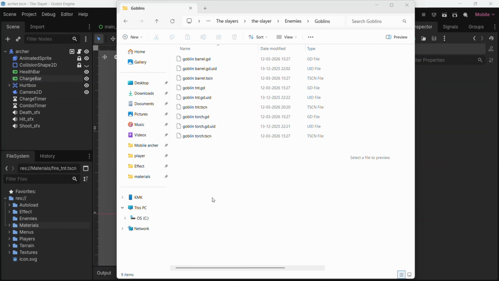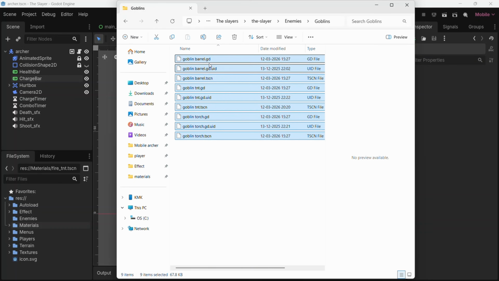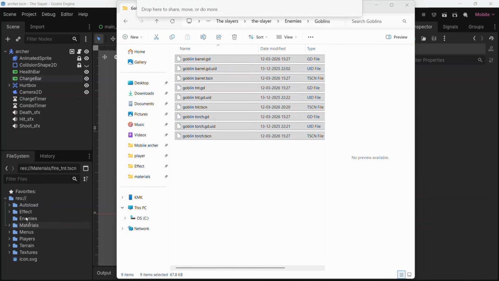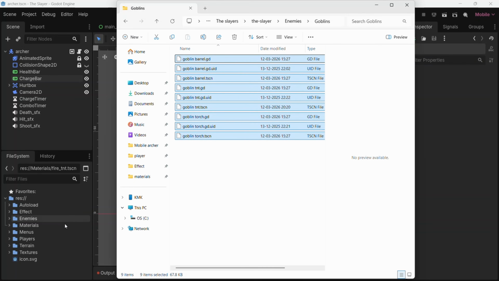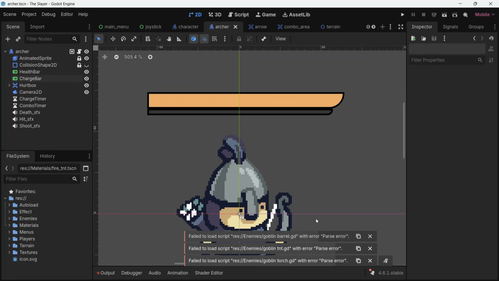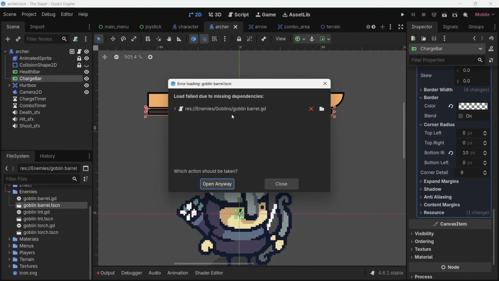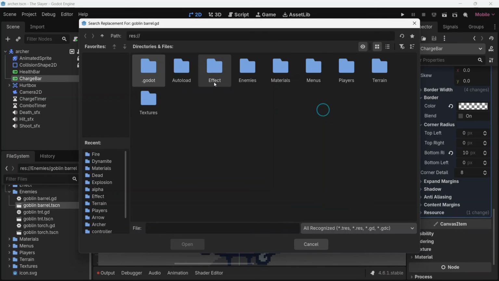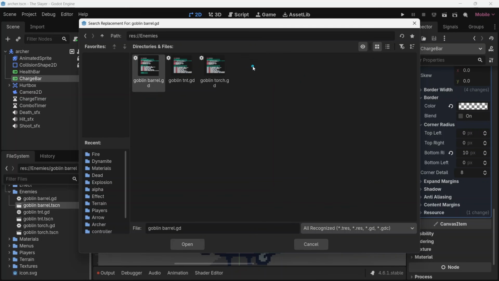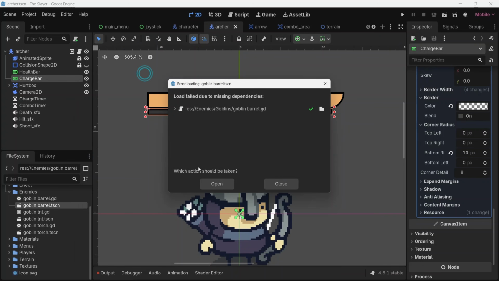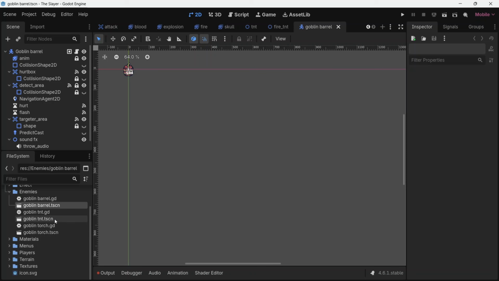let's close this up. So what I'm gonna do is I have this set of goblins from my previous project. I'm just gonna drag and drop them directly into this folder in my game. Now, as you can see, there are a couple of errors showing there. We just need to change them. It's telling me it can't find the script for this goblin. So the scripts were also imported. I don't know why that is, but